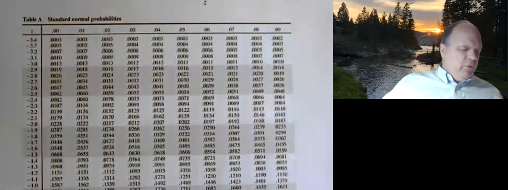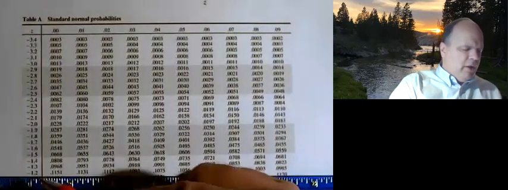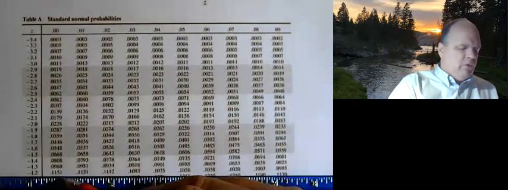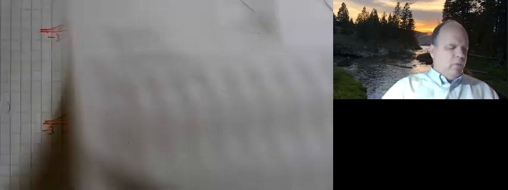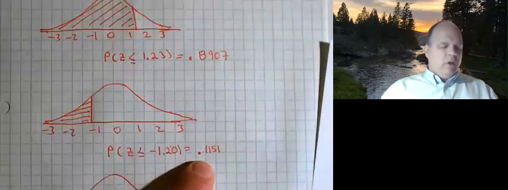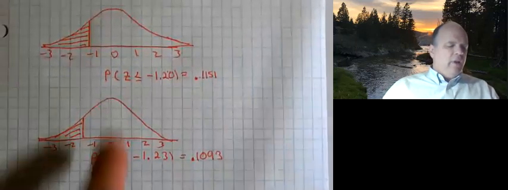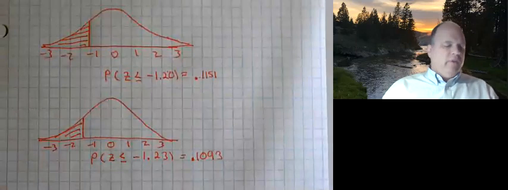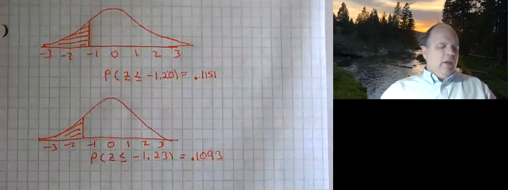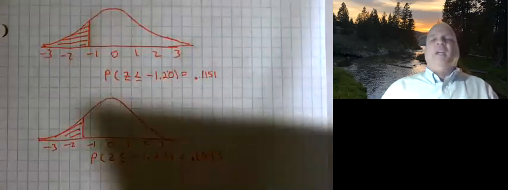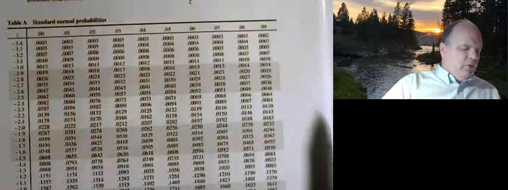And since it's negative 1.20, there's my 0, negative 1.20 is 0.1151, which is what we showed. Now, if I want the negative 1.23, that's even a little farther to the left, so I'm expecting a value that's less than this. The main thing you know is that it's going to be less than 0.5 and that you need to use the negative table. So using the negative table,